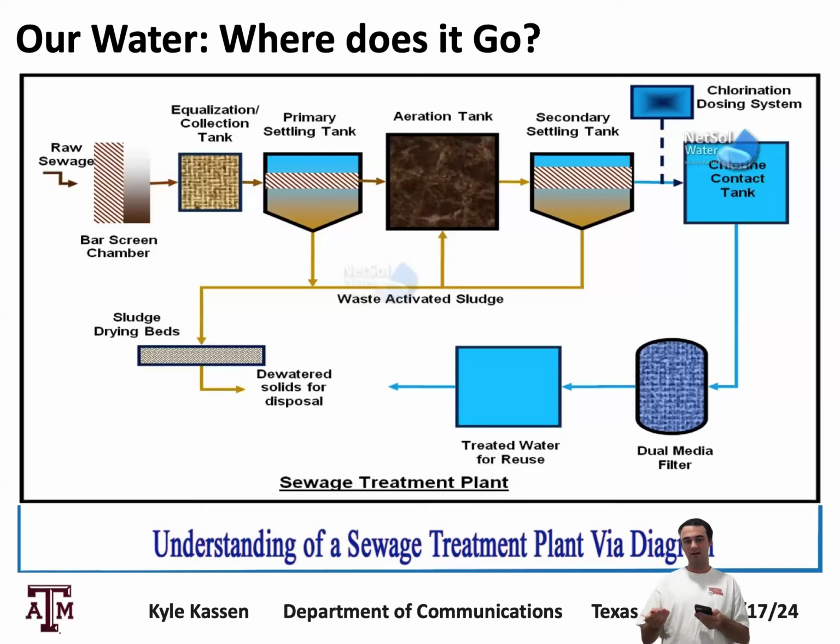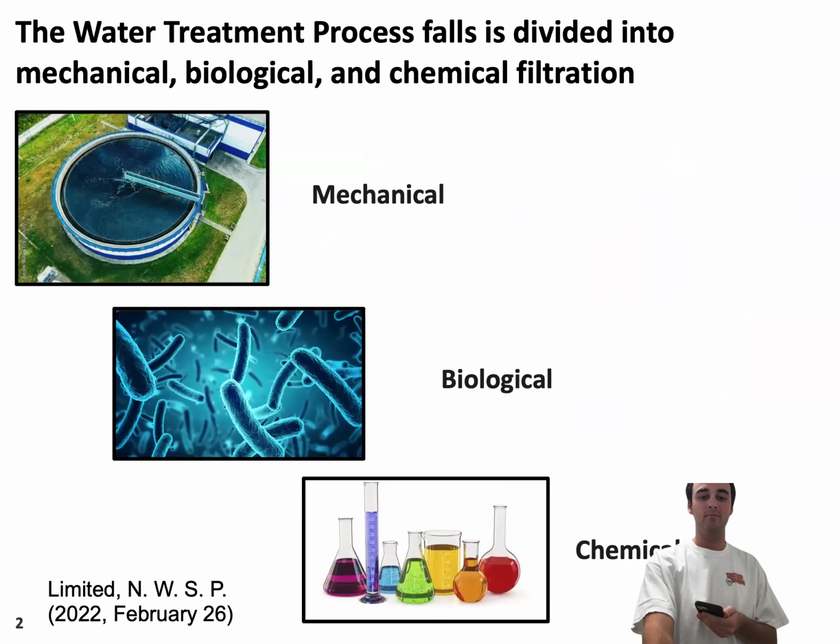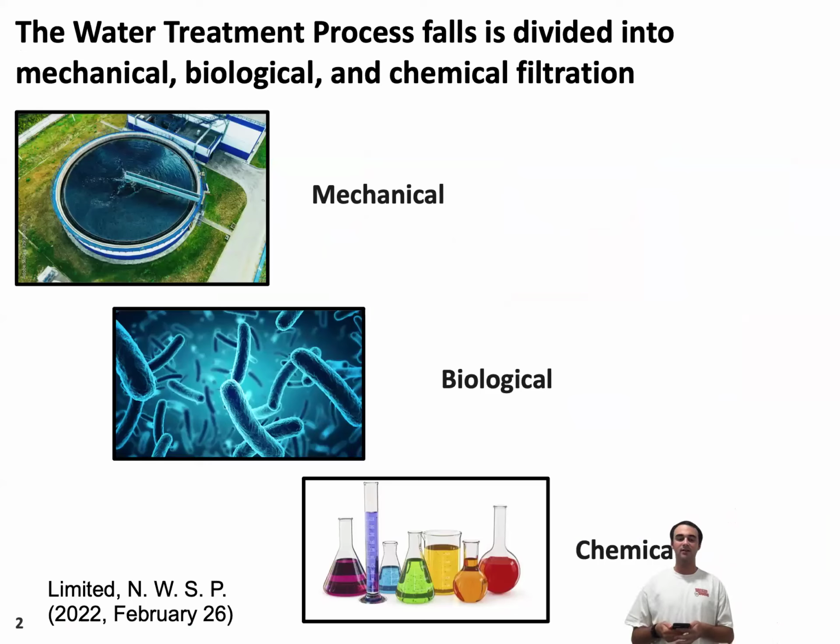So as you can see, it's pretty complex, but my job today is to simplify this down a little bit so that y'all can get a greater understanding. And this flow chart was provided by Limited NWSP, which was created in 2022. So basically, the way I like to think about it is the water treatment process falls into three categories: mechanical, biological, and chemical